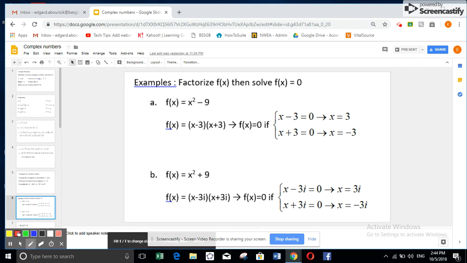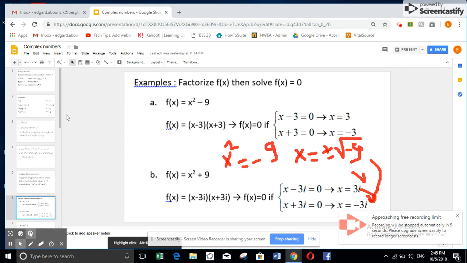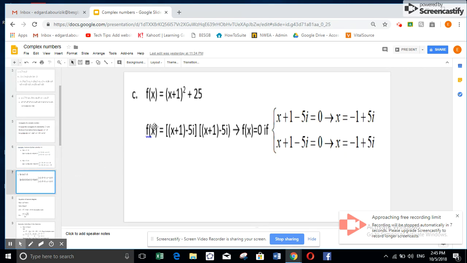We can do it in another method. You can say x squared equals minus 9. If x squared equals minus 9, we know this is impossible in real, but it exists in complex. So x will be plus or minus radical minus 9. But we know that radical minus is i, and radical 9 is 3. So the answer will be 3i or minus 3i. So anytime you have a squared plus b squared, it's (a minus ib) into (a plus ib). Let us go more. Suppose I want to factorize that one. It's of the form a squared plus b squared. It's a minus